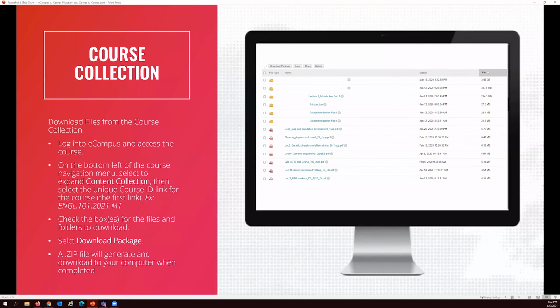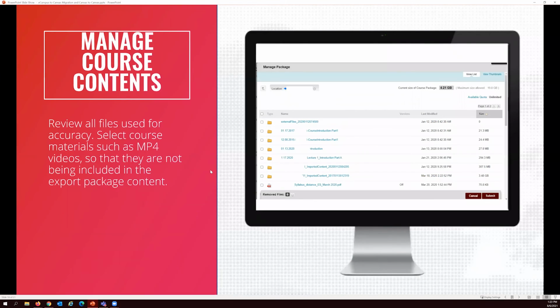So this is something that you can do if you're not the original owner of the files, as you can go to your course collection in Canvas and download it as a package. This is to reduce the file export package again before you're exporting it to Canvas. And then after you have exported all your content that you don't need